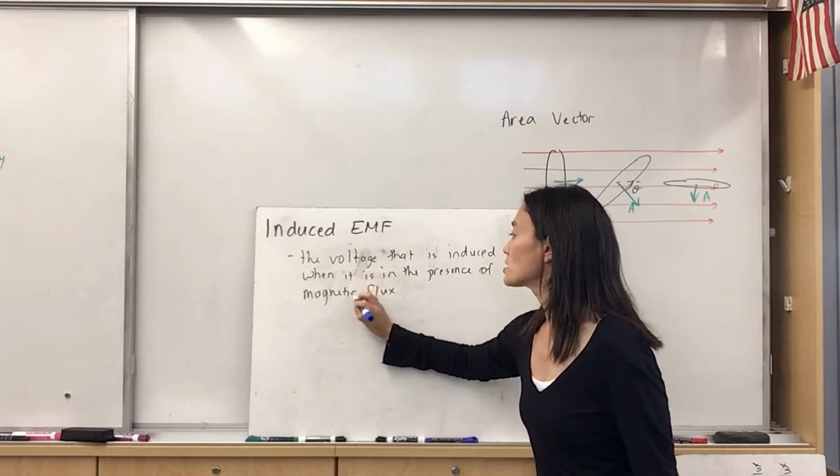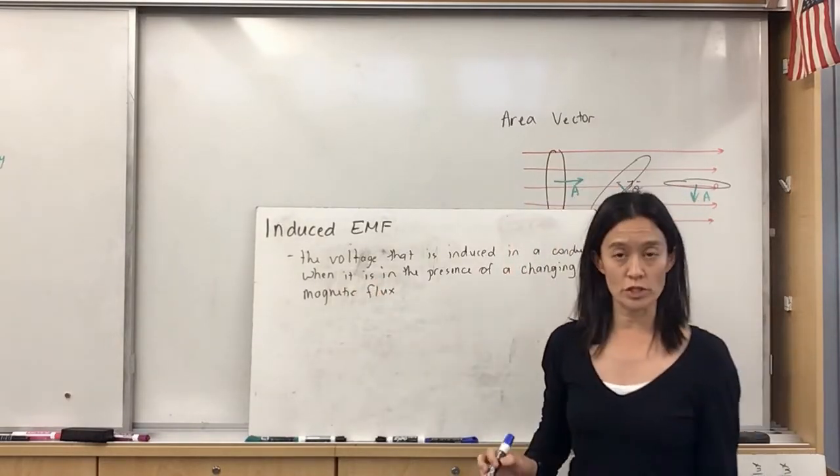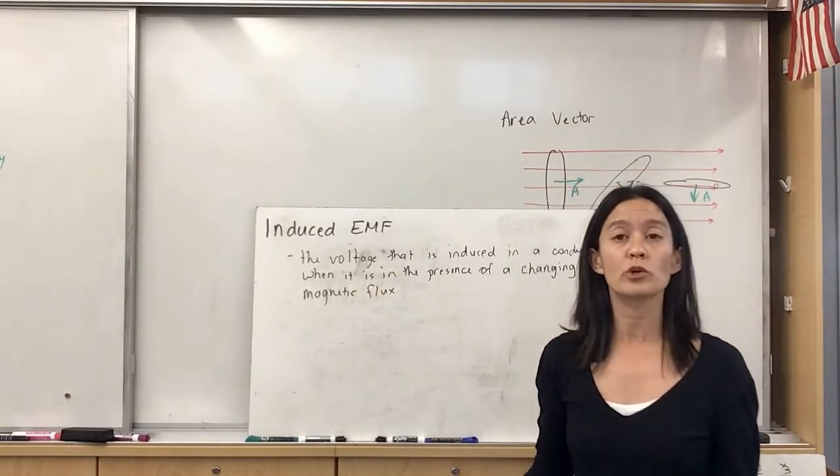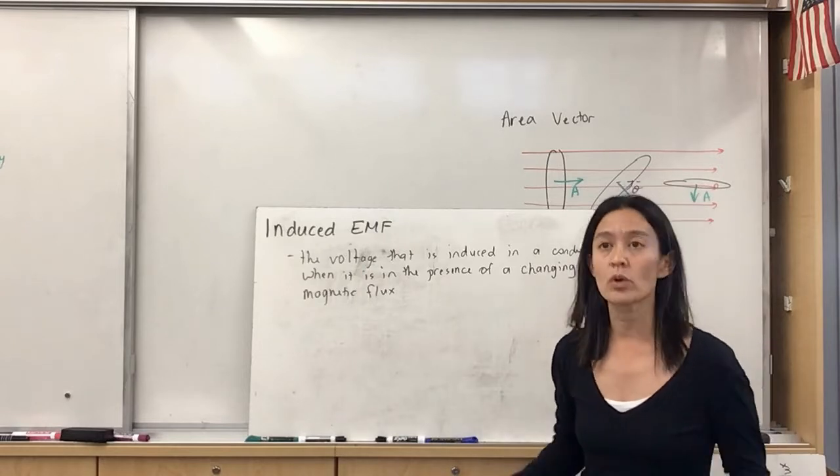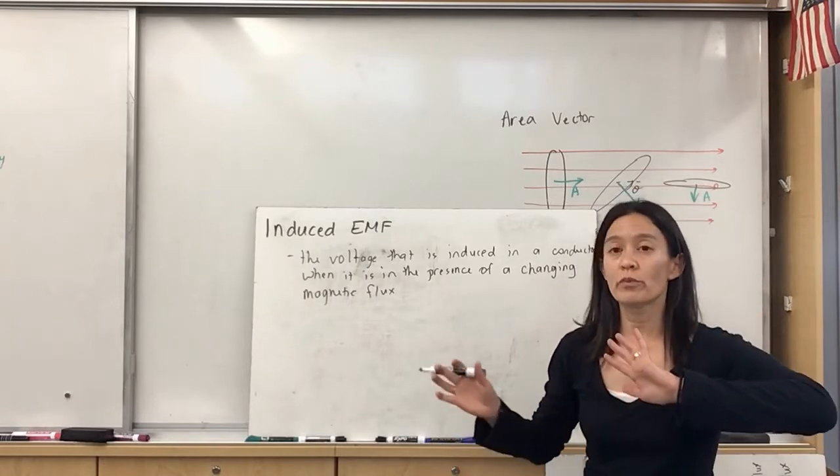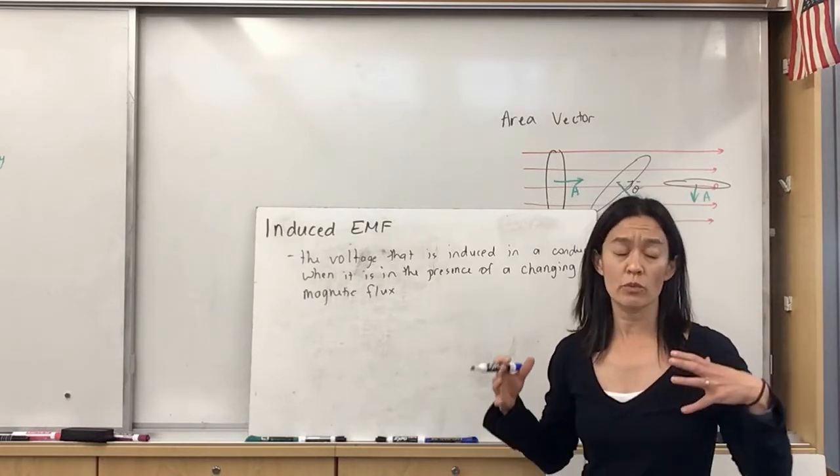So it's a specific type of voltage, a specific type of potential difference that we can create without having chemicals. So normally, when we did circuits, we said that we have a potential difference,